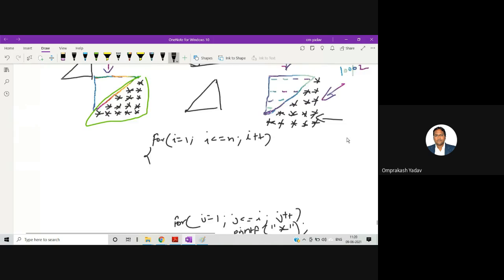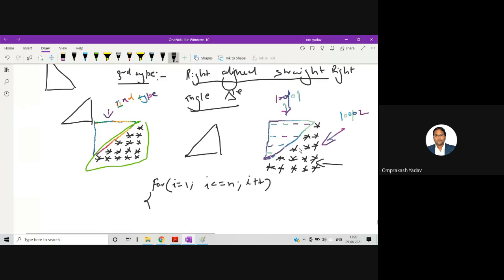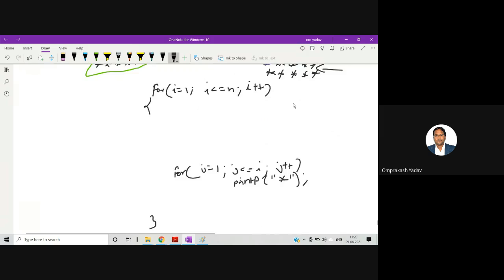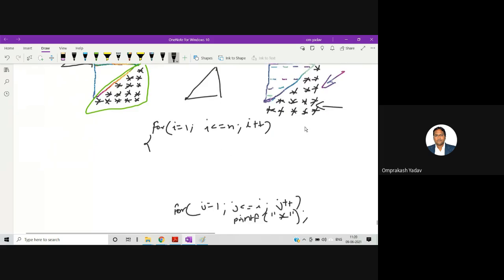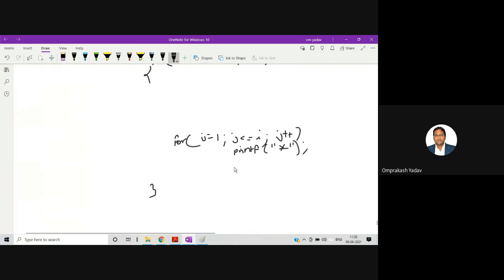If you see, this is exactly the first type. Only thing, it's right aligned. But I'm talking about it in the sense that in the first row we have one star, in the second row we have two stars, in the third row we have three stars. So in that particular sense, and then after this, I'll just say printf slash n to go to the next row. So by this, I'll get it in this way.